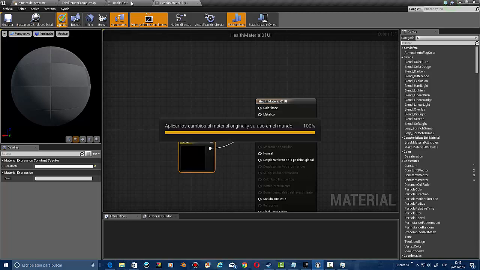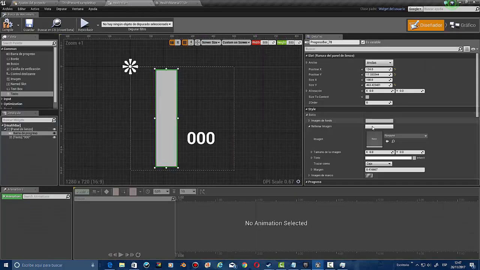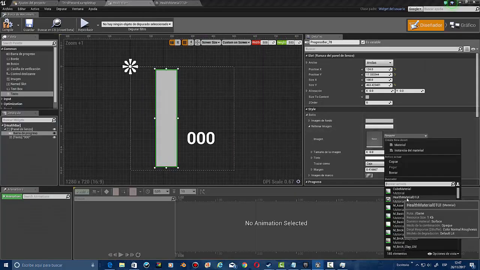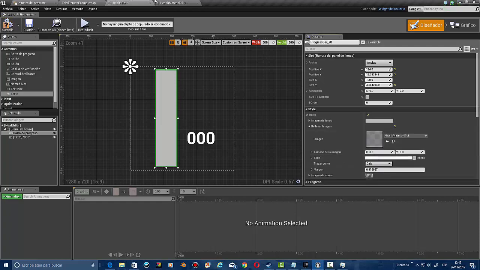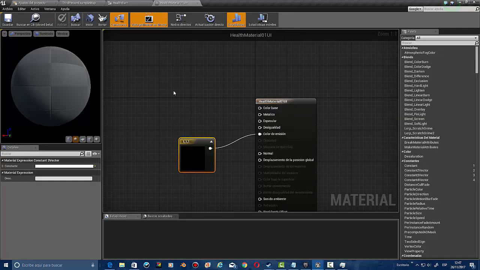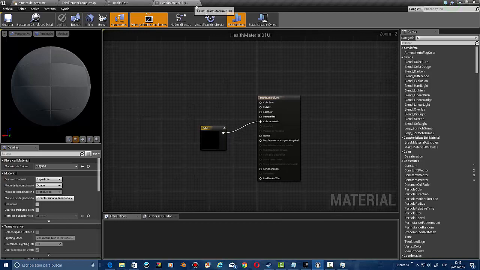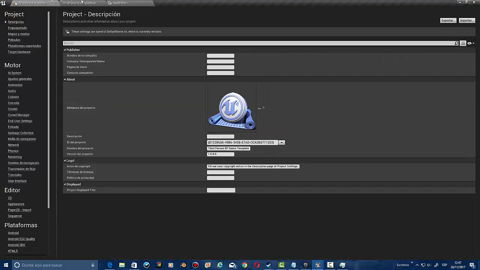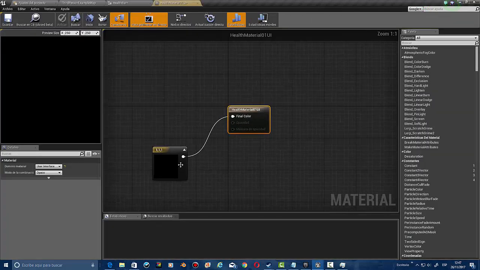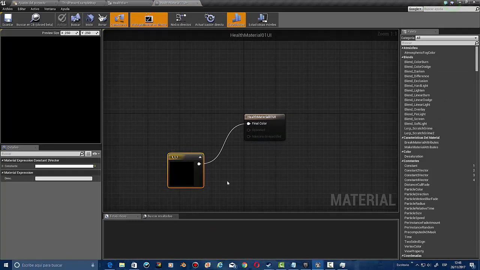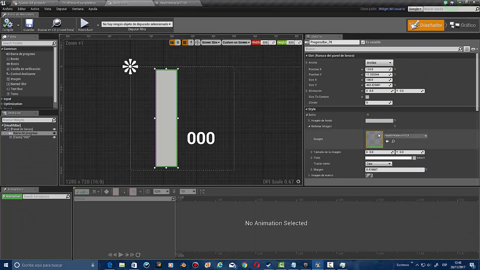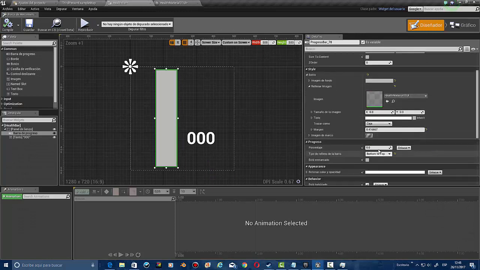and now we go back into the health bar, and we're going to apply in here this texture, which is the health bar material 01 UI, and it's going to say it doesn't use the UI material domain. So we change the domain, we compile, this should work, and now look at this. So open this up and you see it changed into a final color link right here. So now if we scroll up the percentage,